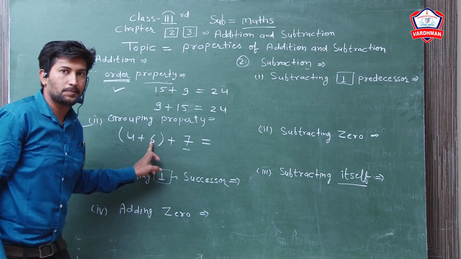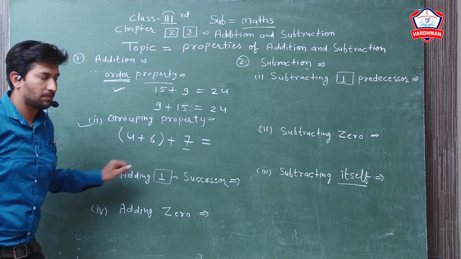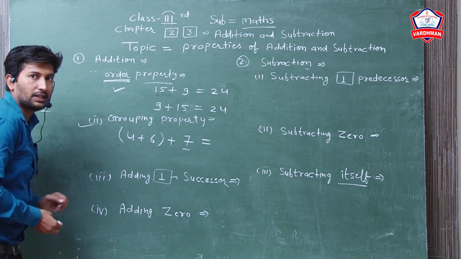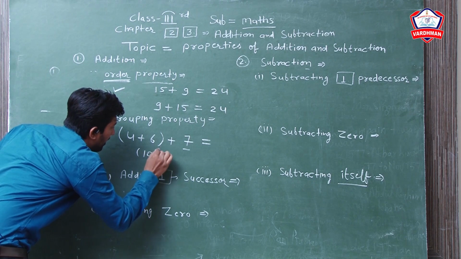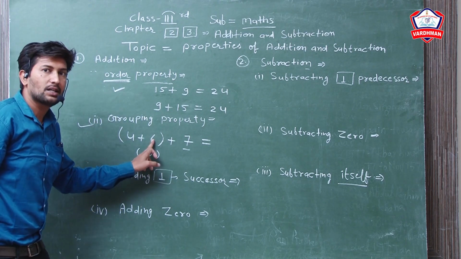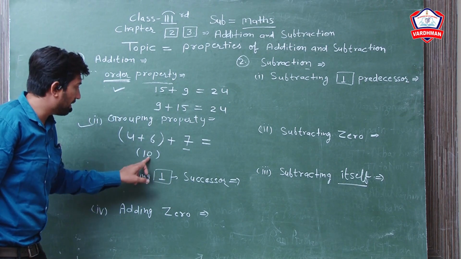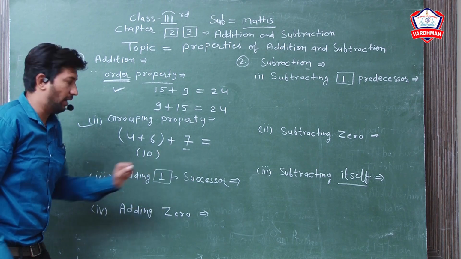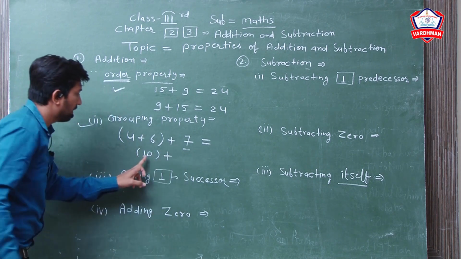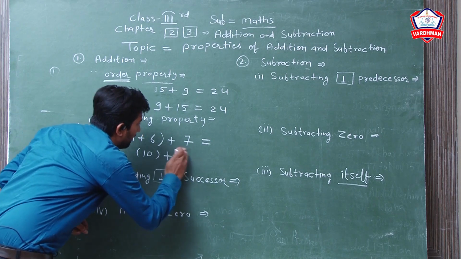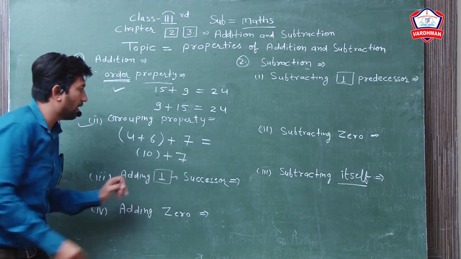First you will solve the कोष्टक numbers. 6 add by 4, its resultant is 10. You do the small कोष्टक first and then the outer number. 10 add by 7,